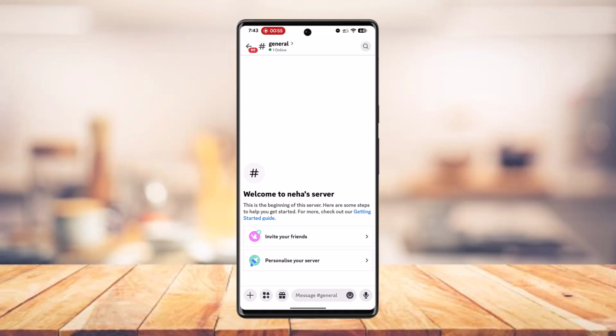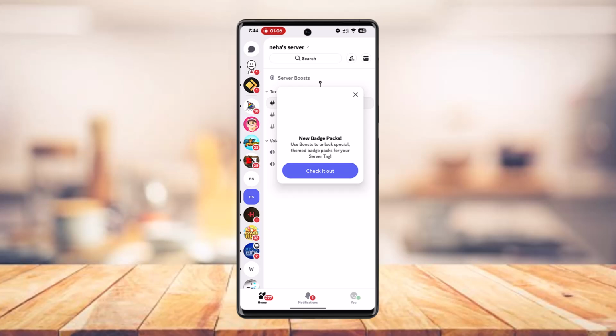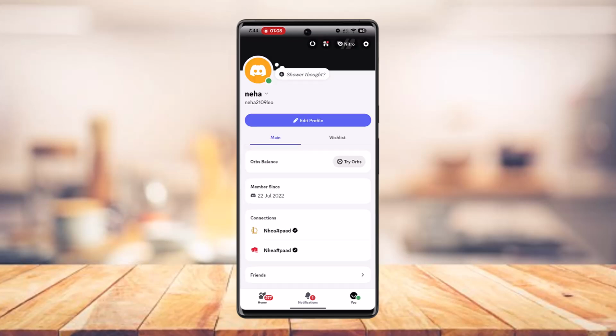And likewise, if you've lost ownership, you can request an ownership transfer from Discord support if the current owner has been inactive for at least 30 days. So you could simply go ahead and look for these workarounds. However, this is going to be quite difficult, so you could just give it a try and see whether